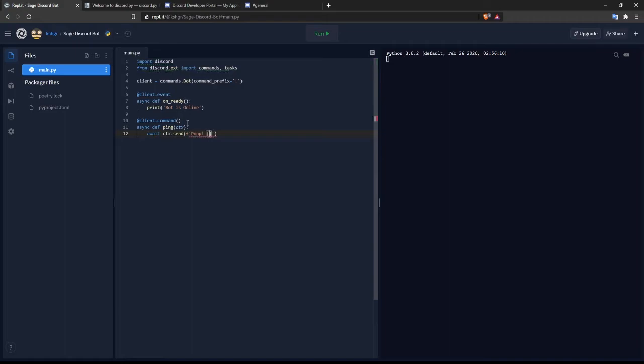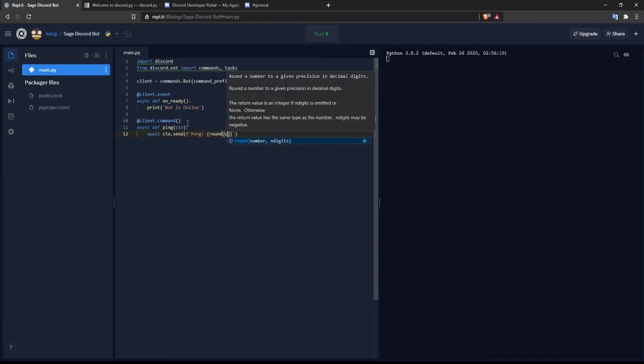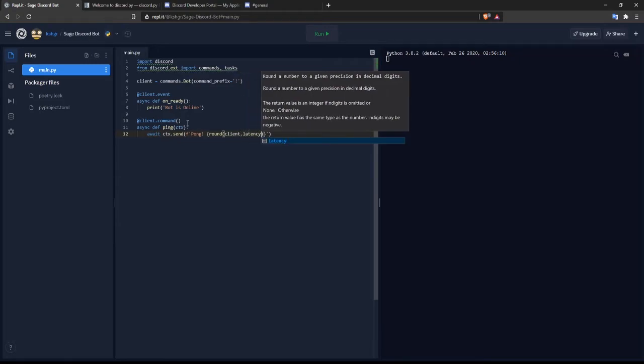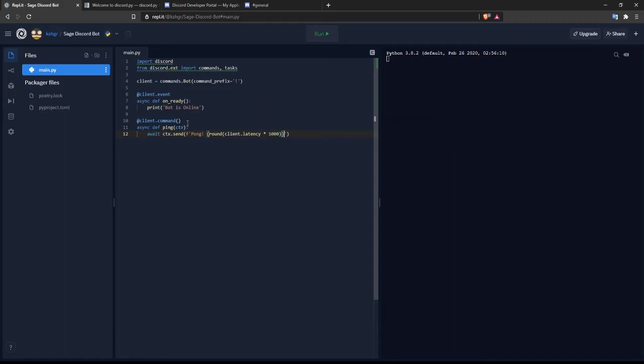Now we'll give a rounded off latency: round(client.latency multiplied by 1000), and we'll write ms. So this would give us the latency in milliseconds. And that's it. You have created the bot.